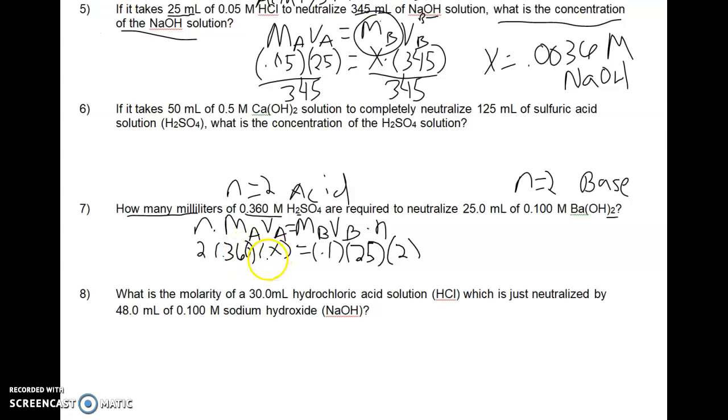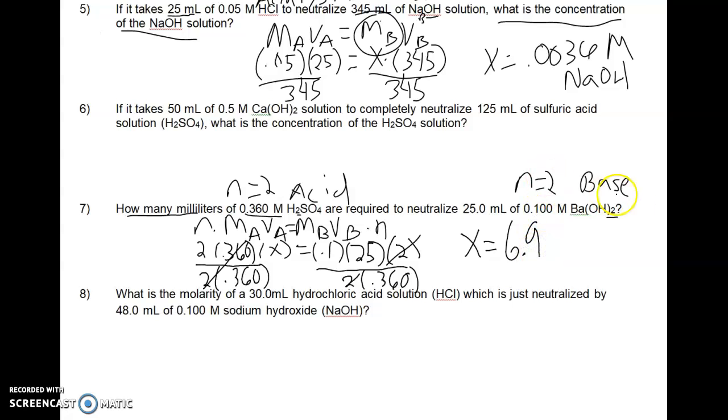Nicely actually, so we're solving for x. Again, everything is being multiplied on both sides. So to get x by itself, you're going to have to divide this stuff out. So 2 times 0.360 will cancel on this side, and divide this by 2 and 0.360. You could just plug this into your calculator, where you have 0.1 times 25 times 2 divided by 2 times 0.360, making sure that the bottom is all in parentheses. Or you could also see that you're going to divide 2 by 2, so you could just cancel that right away. And then just plug this part in your calculator, 0.1 times 25 divided by 0.360. And you get your x is equal to